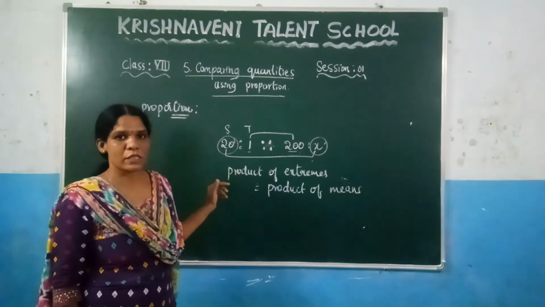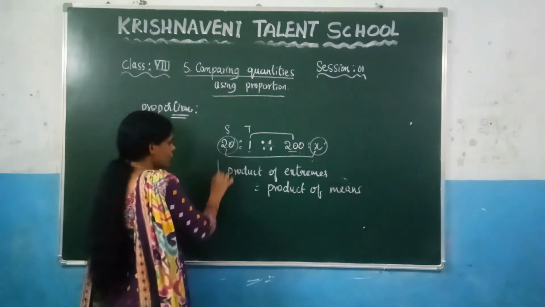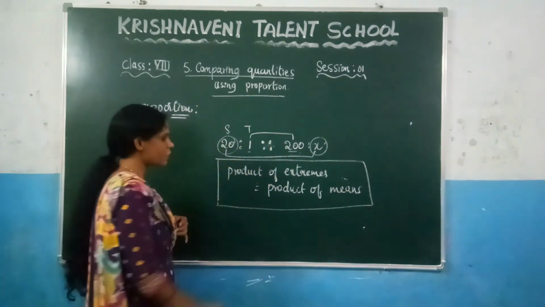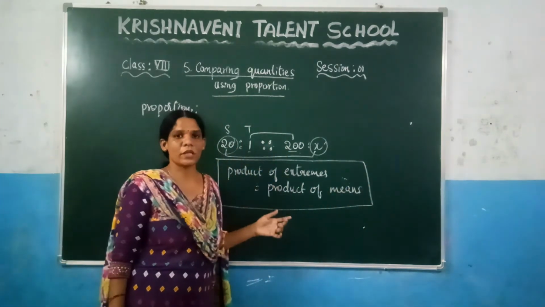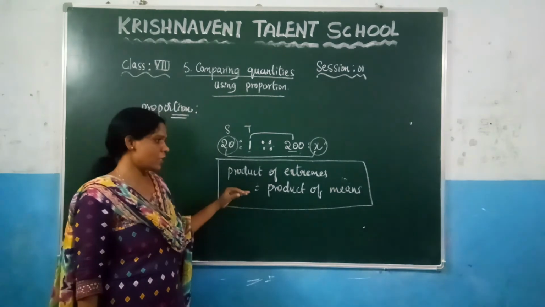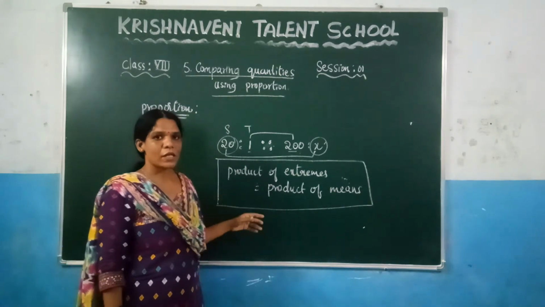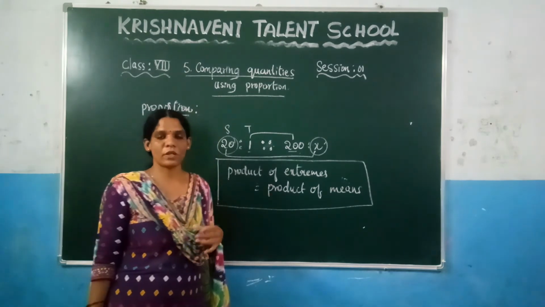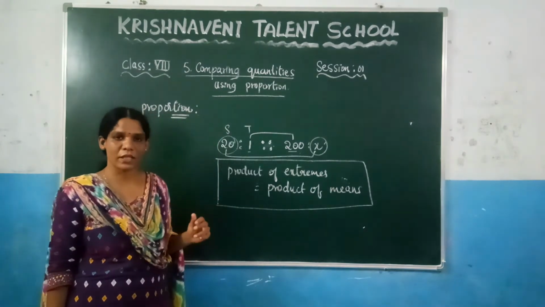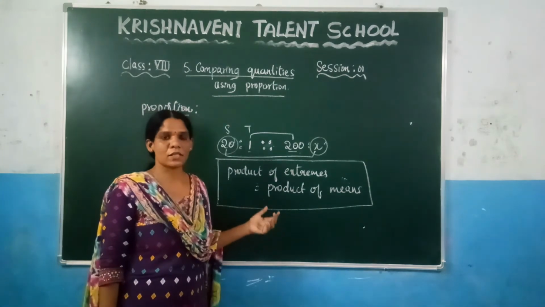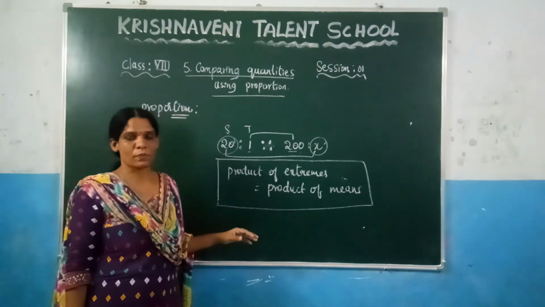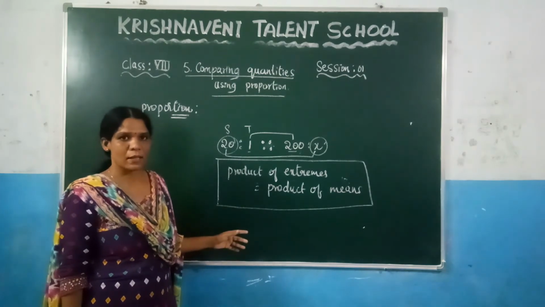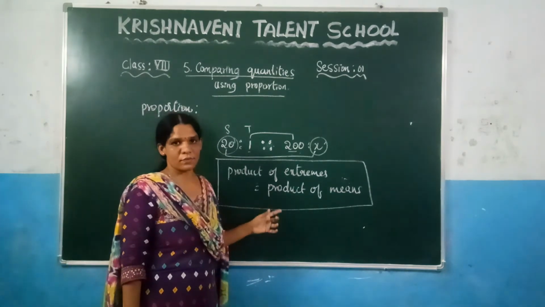If the two ratios are equal, then you will get this equation, which is the product of extremes is equal to the product of the means, when the two ratios are in proportion. It is very important, and while doing the problems in exercises we will use this one. So if the two ratios are in proportion, then we can say that the product of the extremes is equal to the product of the means. How did you get this? Just now I have explained by taking the example, like that you got this one.